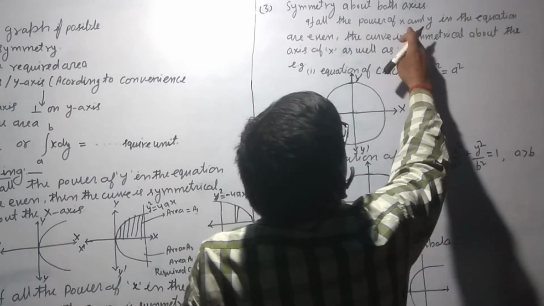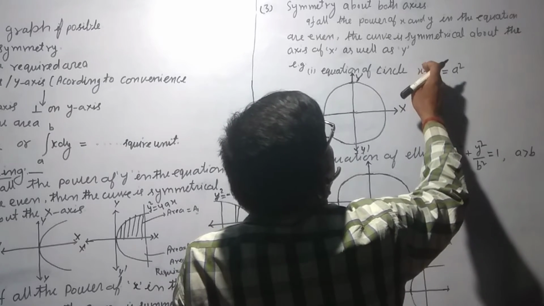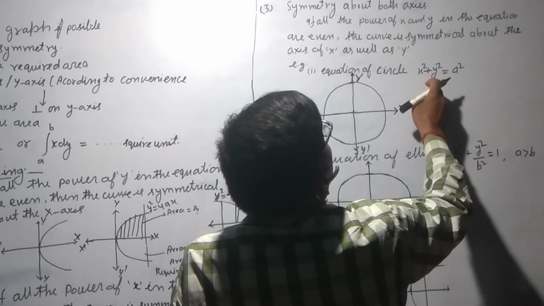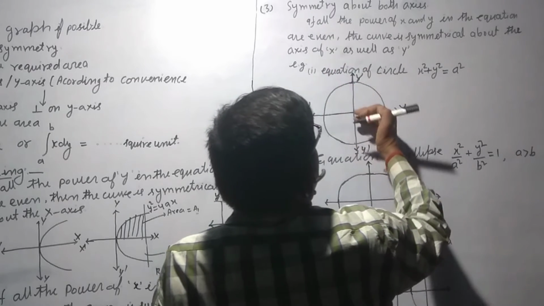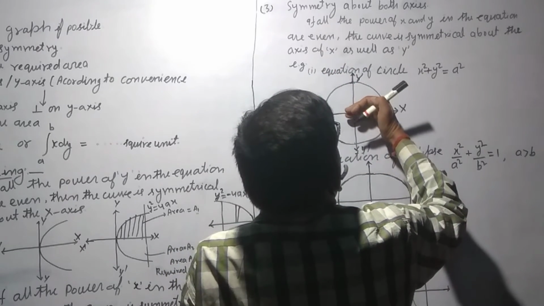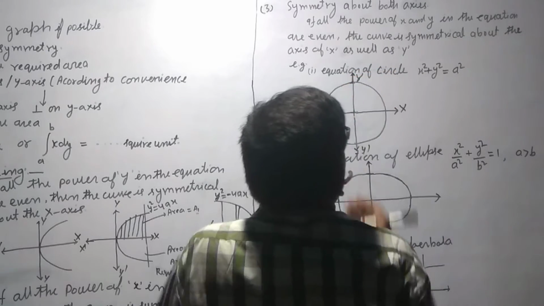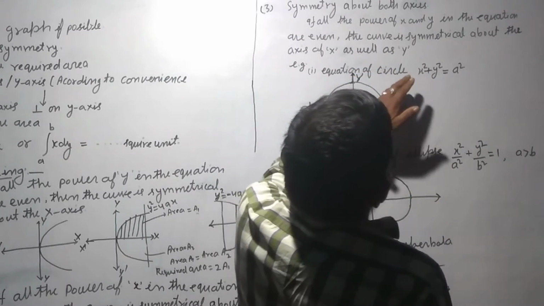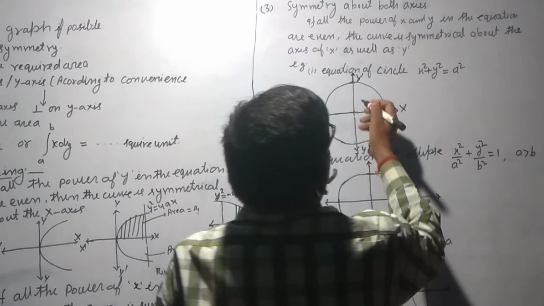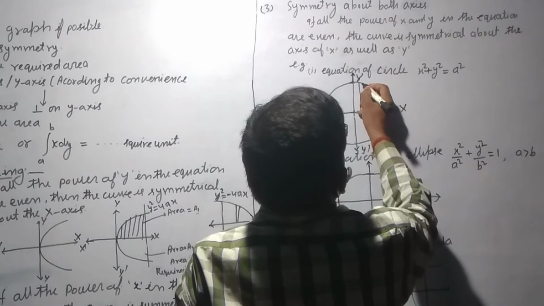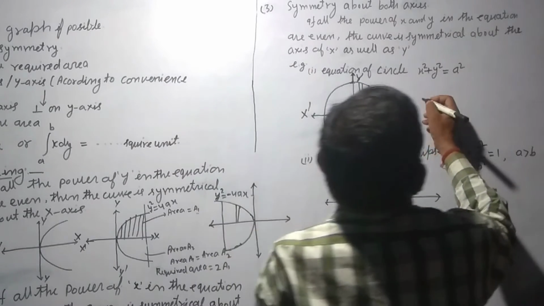If all the powers of x and y in the equation are even, the power of x is 2, the power of y is 2, both are even, then it is symmetrical about the x-axis, the same area here and here, and the same for the y-axis. So if we calculate this area of the circle,